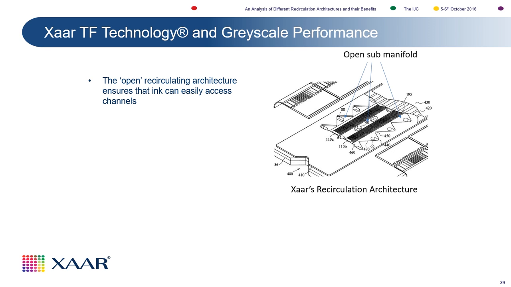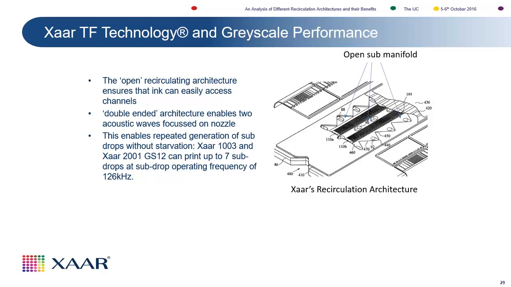We can see the open submanifold here. And obviously we've got this double-ended, so we're pulsing ink into the nozzle from both sides of the actuator. What that means is, with that architecture and the open structure, we can continue to